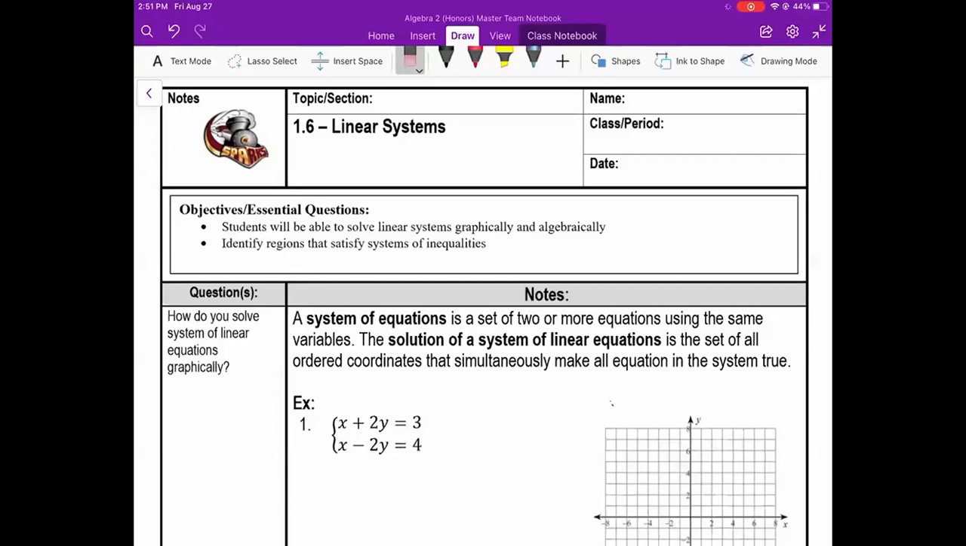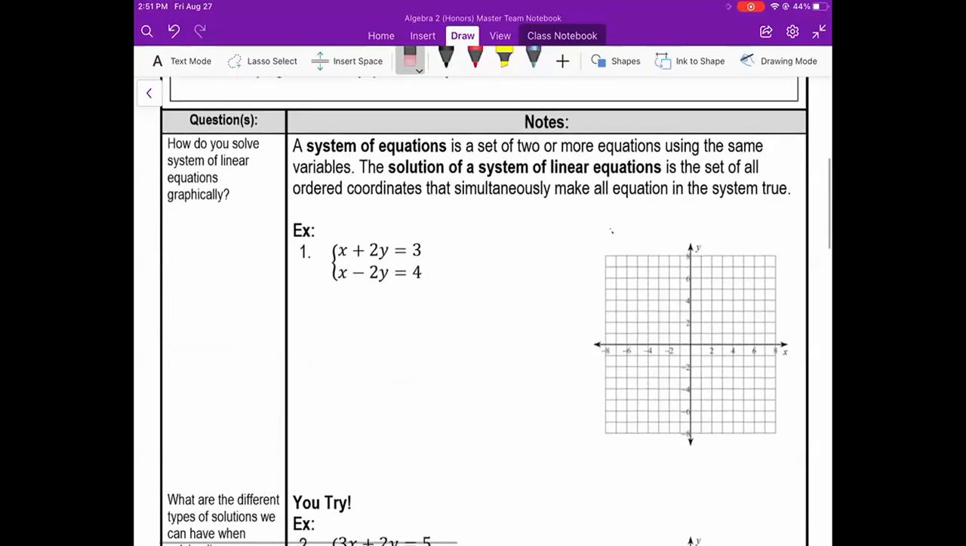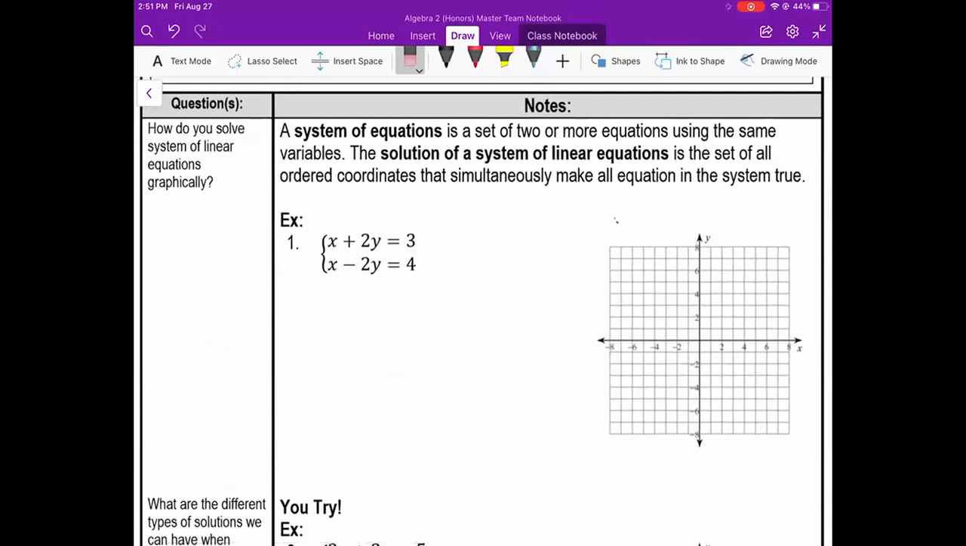All right, so we're gonna get started with 1.6 linear systems. So the essential question is, how do you solve a system of linear equations graphically? When it comes to algebra 2, we're gonna be using technology a lot, specifically your calculator. So in algebra 1, we learned how to solve systems of equations graphically by substitution and elimination. Today, I'm gonna show you how to do this graphically using your calculator, which is how I want you to